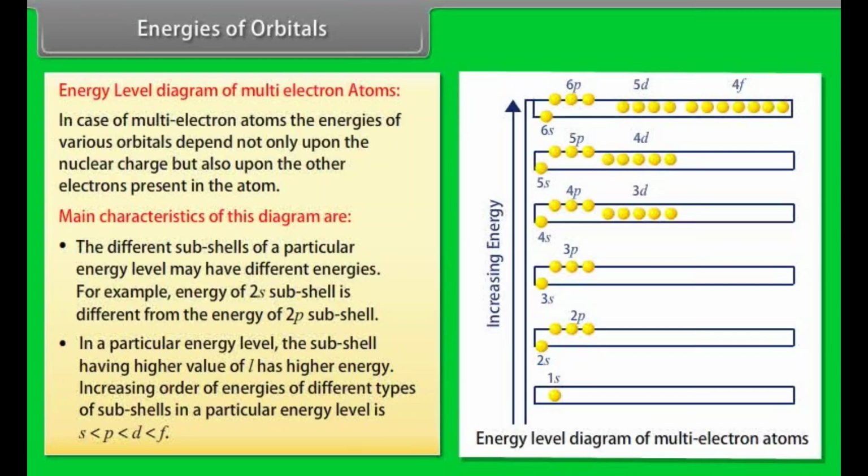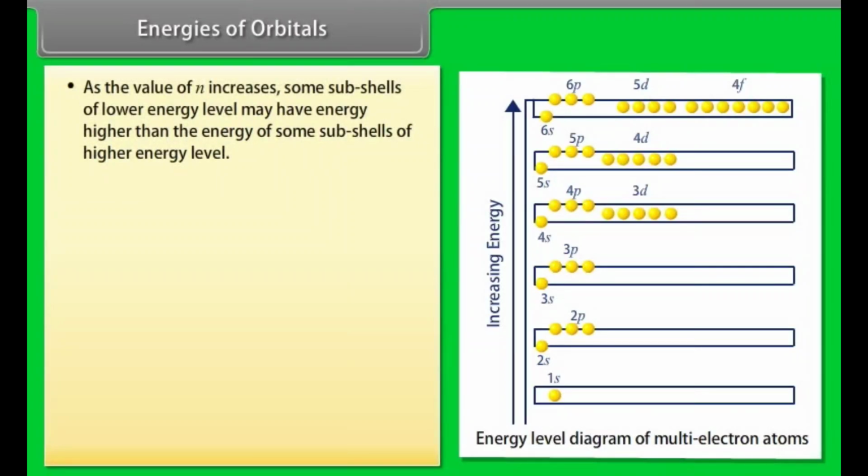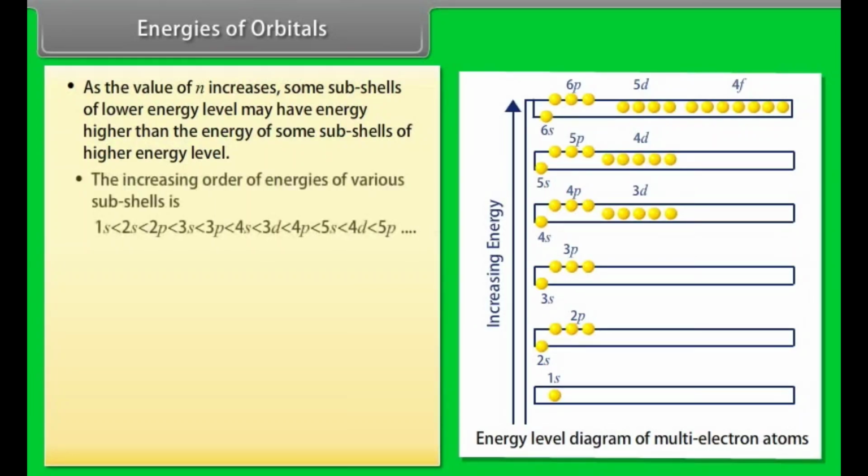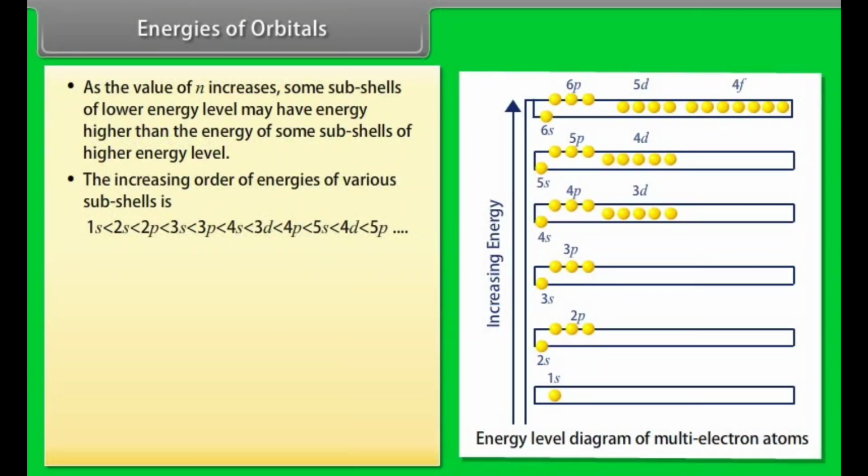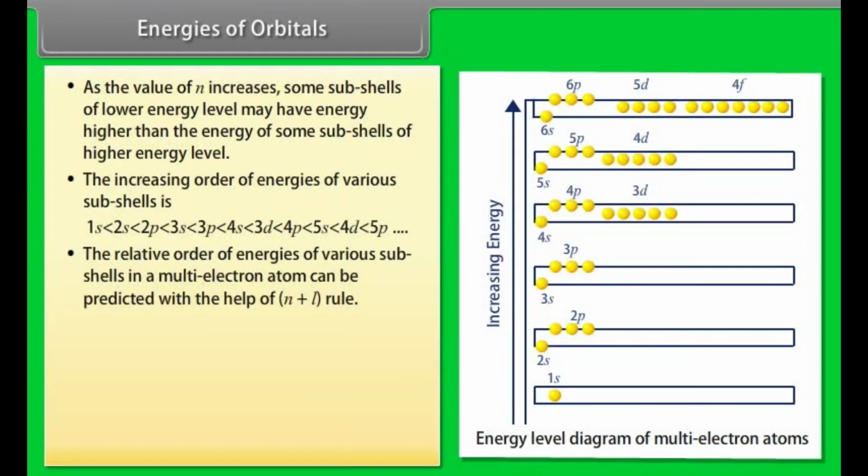Increasing order of energies of different types of subshells in a particular energy level is: number 3, as the value of n increases, some subshells of lower energy level may have energy higher than the energy of some subshells of higher energy level. Number 4, the increasing order of energies of various subshells is: